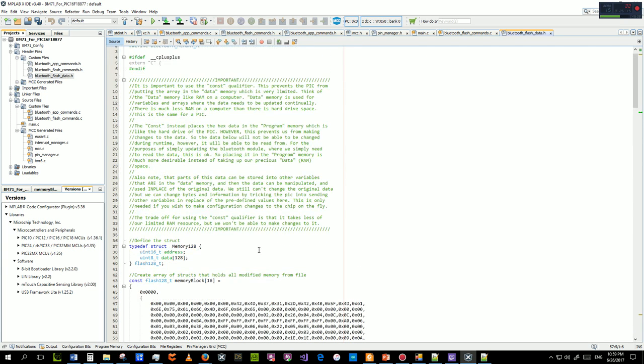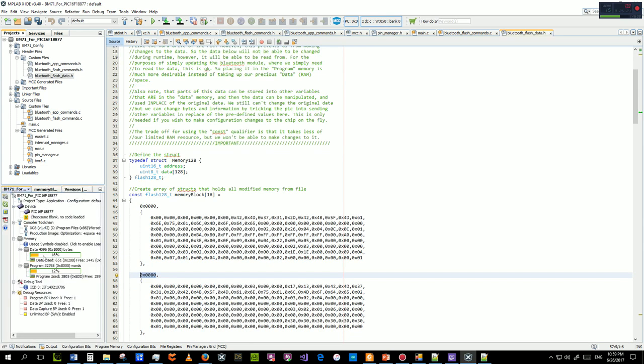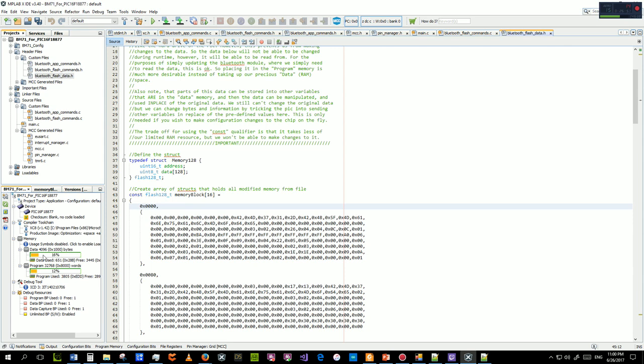The other thing I really want to point out here, because I thought it was very interesting and very useful: if you look at my memory, you see that I'm only using 16% or 651 bytes of my data memory. Data memory is like your flash. You have much less data memory than you do program memory. You've got quite a bit of program memory. You'll notice that I use the keyword constant on this data. That is because constant data cannot be changed. We can't edit any of this during runtime,